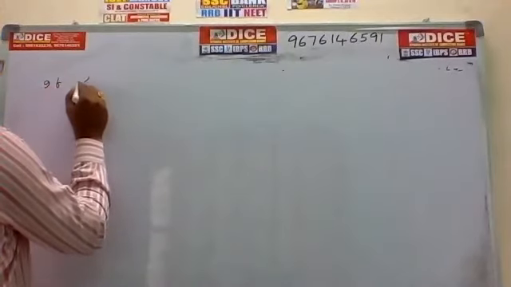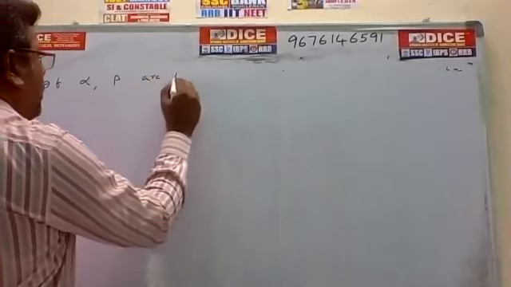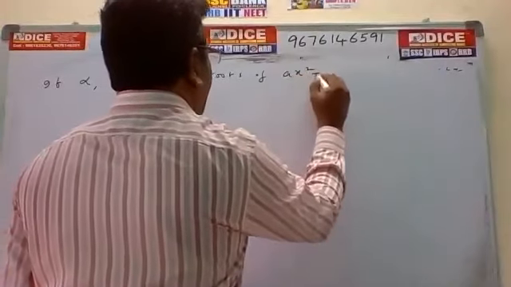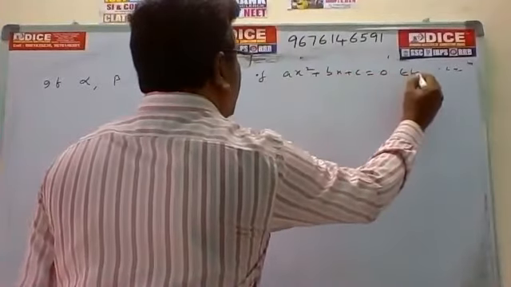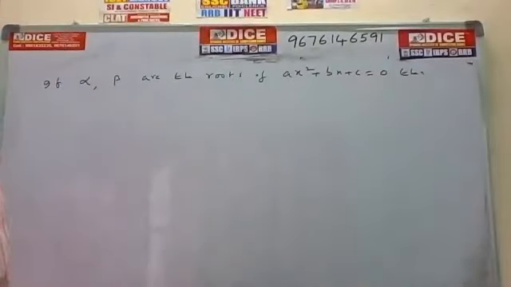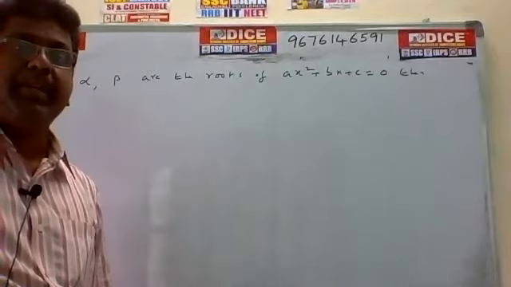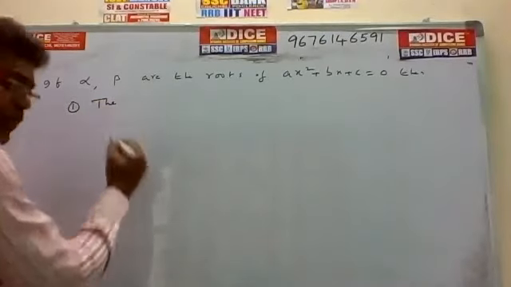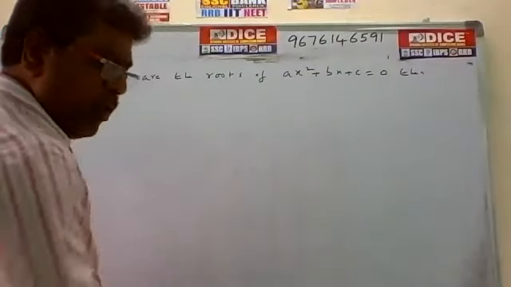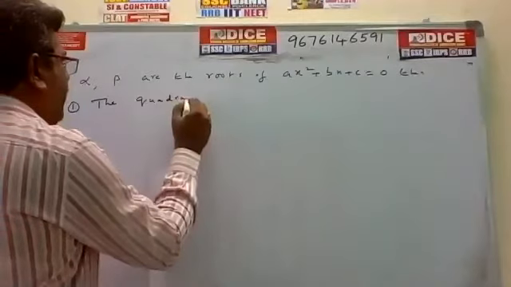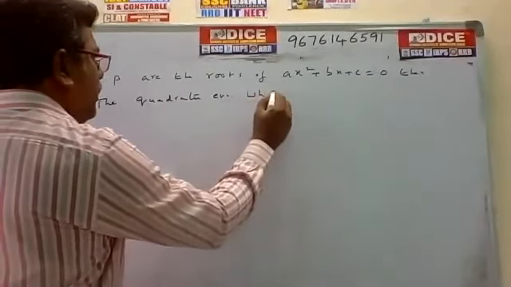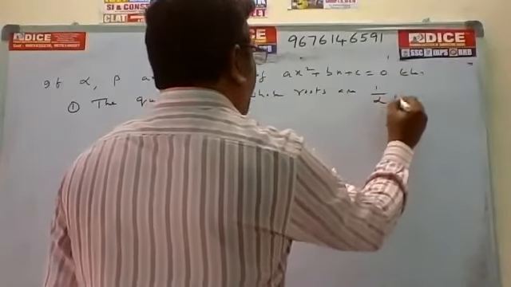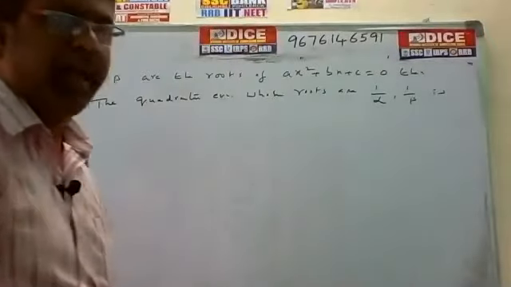Write down the next one. If alpha, beta are the roots of ax square plus bx plus c is equal to 0, then number one, the quadratic equation whose roots are 1 by alpha, 1 by beta is